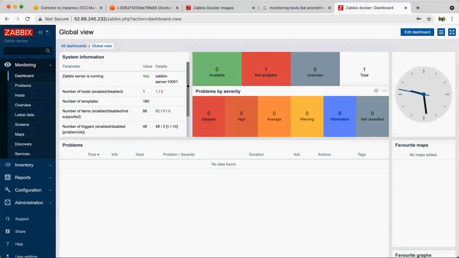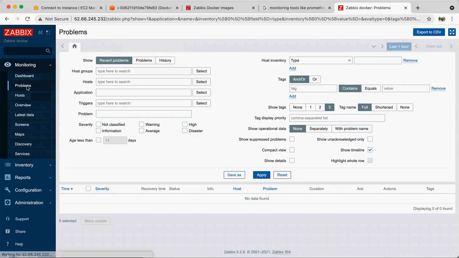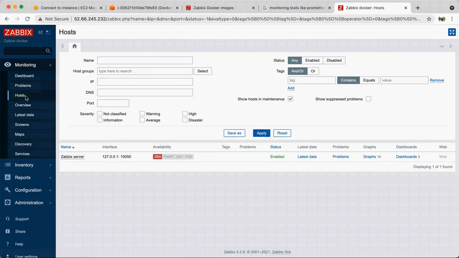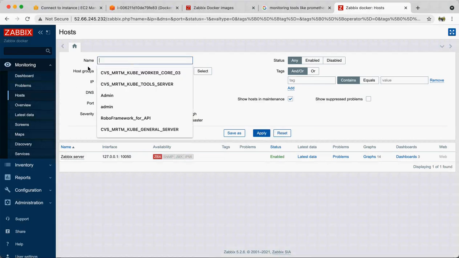If there are certain problems you can see them, but since we don't have any as of now, this is the place where you configure your different hosts. For example, by default it is monitoring the Zabbix server, meaning it is monitoring itself, and it shows on which interface this server is running. If you want to add some new server, you can write it here.